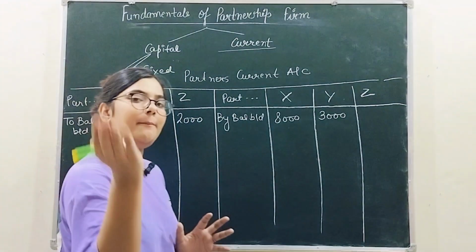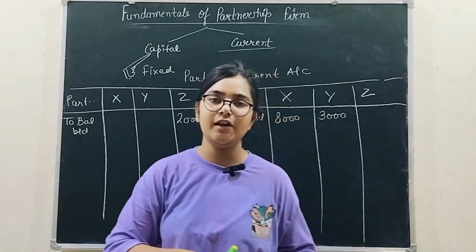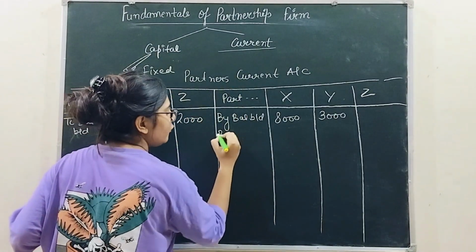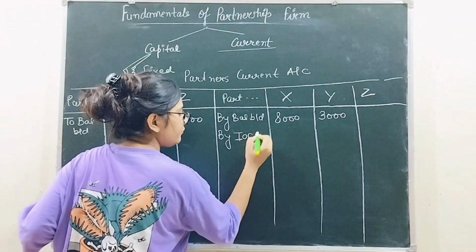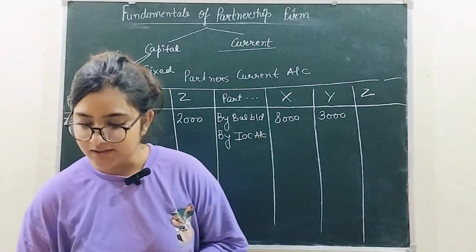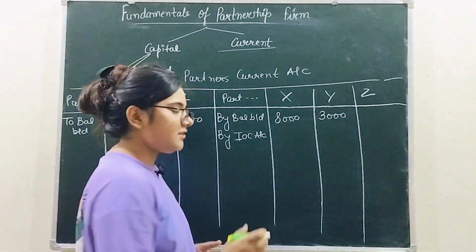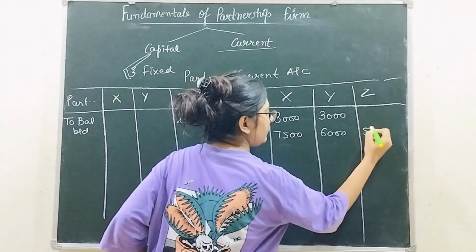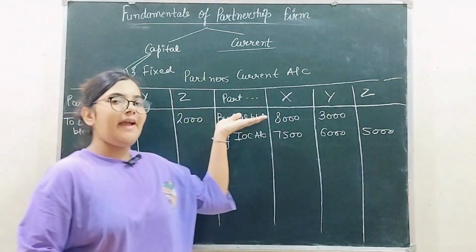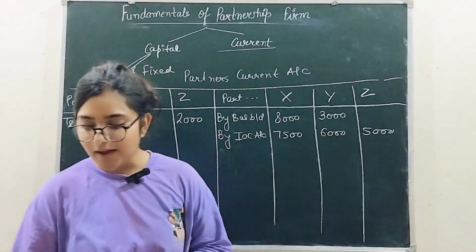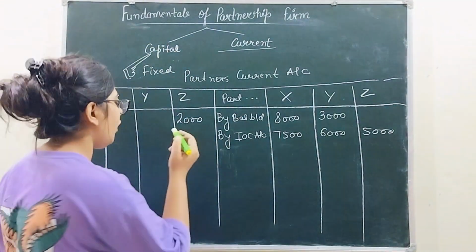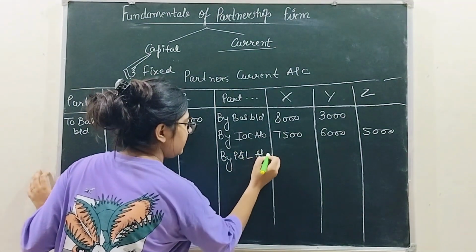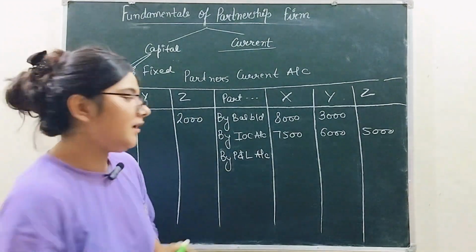नाउ मूविंग अहेड विद द क्वेश्चन, हम लोगों को क्या करना है, अपने वो सारे आइटम्स को जो हम पहले कैपिटल अकाउंट में डालते थे प्रॉफिट एंड लॉस के बाद, अब हम वो कहां डालेंगे? करंट अकाउंट में। तो सबसे पहले हम लोग अपना आईओसी डालते थे, ठीक है। कितना आईओसी था क्वेश्चन में? 7500, 6000 एंड 5000, ठीक है। आपने अपना कैपिटल लिख दिया, आपने आईओसी लिख दी, उसके बाद हम लोग जो ट्रांसफर करते हैं वो है प्रॉफिट एंड लॉस अकाउंट, बाय प्रॉफिट एंड लॉस अकाउंट।